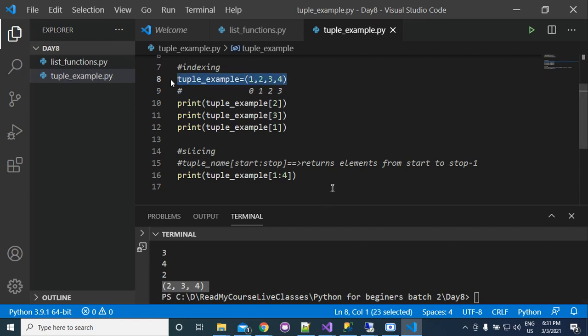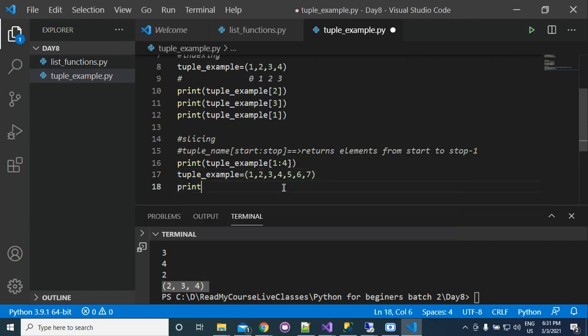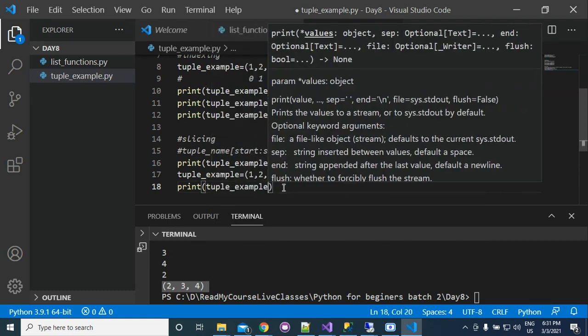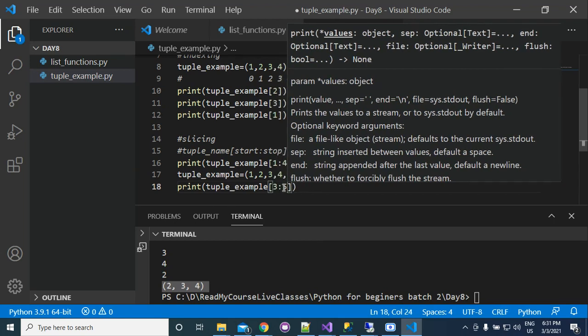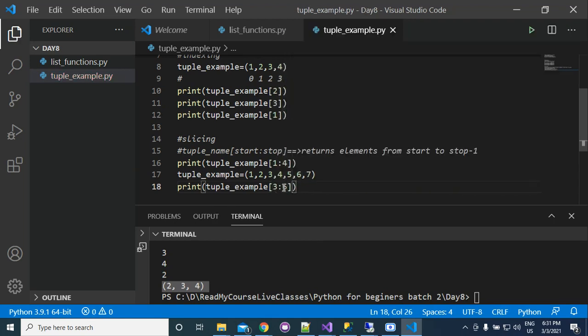Now suppose that I take a tuple, and now here we write print tuple example and then 3 to 5 or 3 to 6. Can you guess the answer? You will get the values from index 3 to 5. So this is 0, 1, 2, 3.